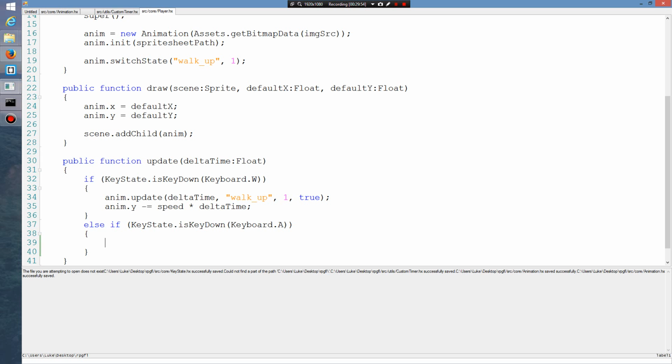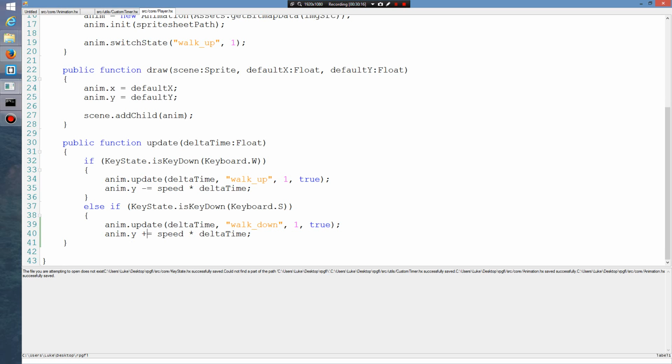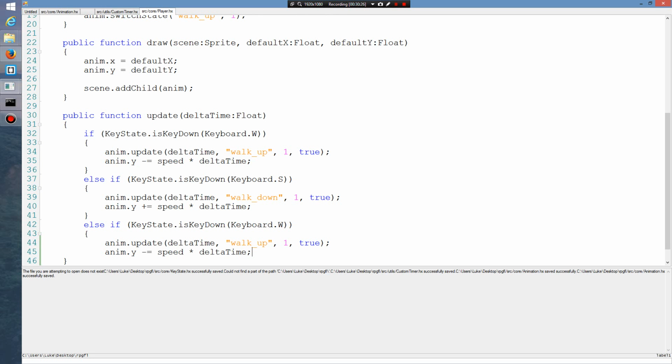So yeah, copy, paste. So this is going to be down, so I want to go down and I want to plus equals on that. I want to go down there like that, and then paste it again,